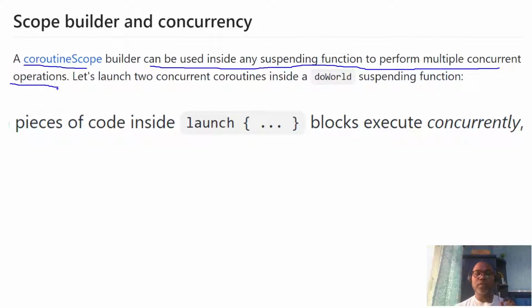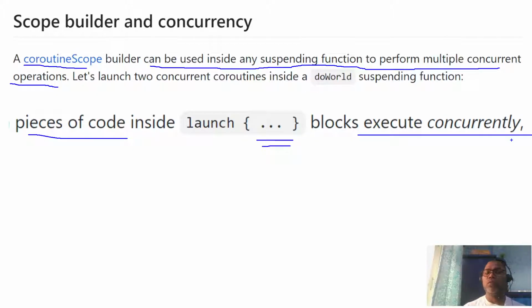So first, this can be used in any suspending function, not just our doWork function. And whatever piece of code you have written inside your launch block executes concurrently. That is the simplest way to write a concurrent program in Kotlin. Whatever set of code you want to run concurrently, just write that piece of code inside your launch block. The rest is taken care of by Kotlin.